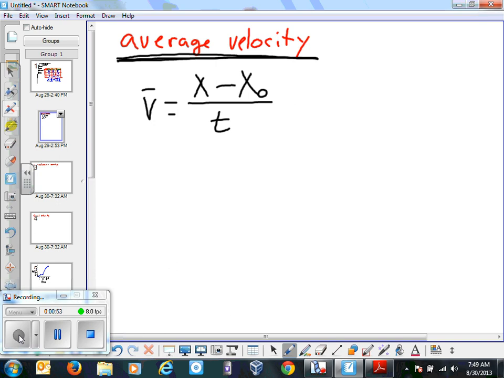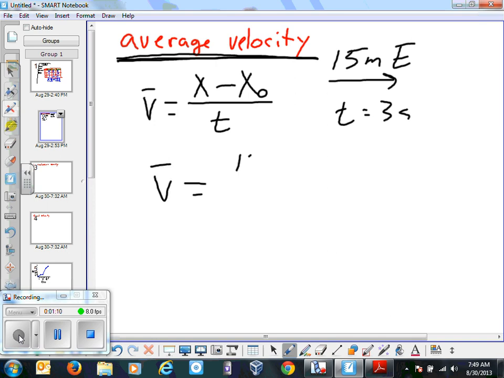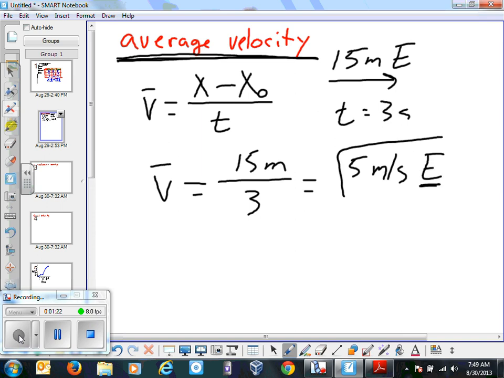Okay, so if we look at an example, let's just say that we have somebody moving 15 meters to the east, and let's say that it takes them 3 seconds. So if we fill that in, we'll say that we have a 15-meter position change in 3 seconds, and we have 5 meters per second to the east. You've got to remember to put that east in there, or some kind of direction, because this is a vector